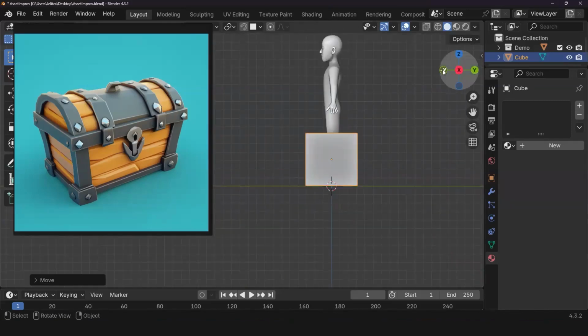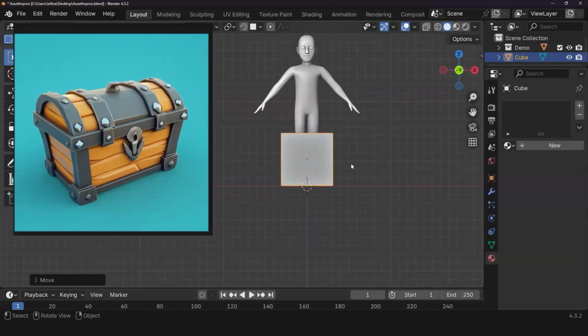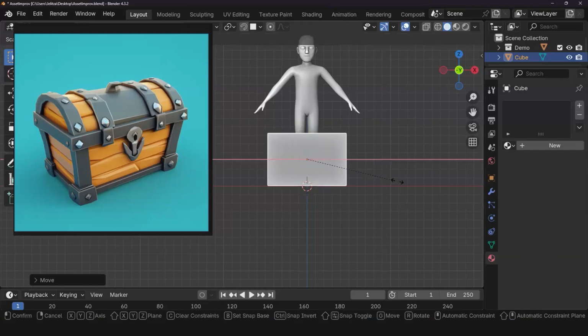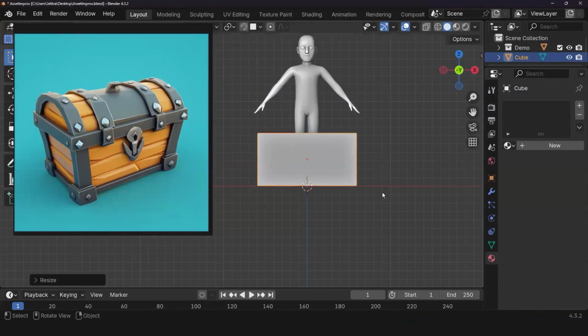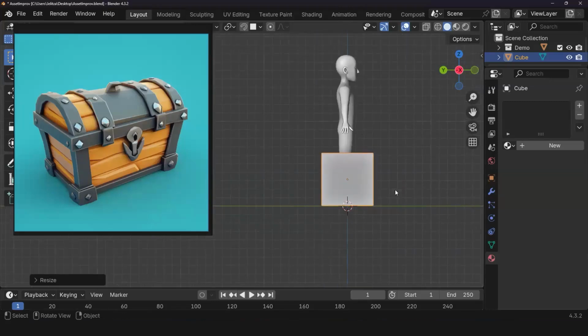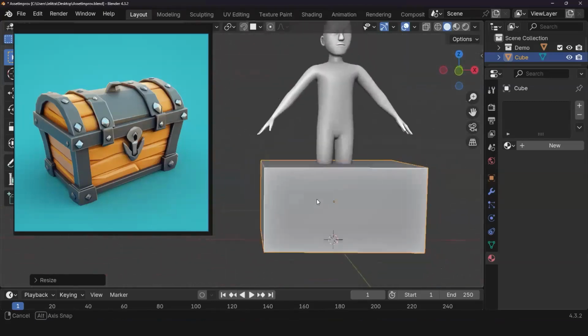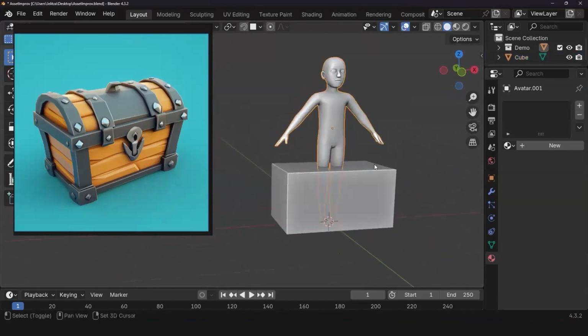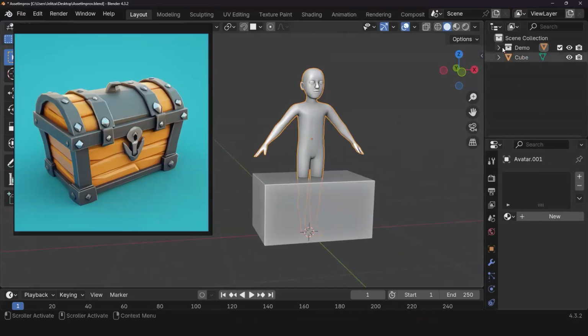And I could also go into the orthographic view by pressing 3 once more. And I'm going to scale this. I'm going to press S to scale, and I'm going to press X. And I'm going to make it, I think that's good. I think that's a pretty decent size. So if I were to change the views, yeah, you could fit an entire person in there. Anywho, let's take our friend here and hide him for a second.